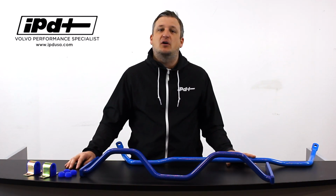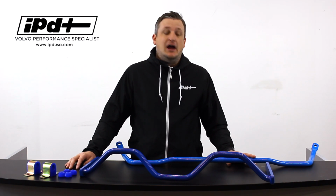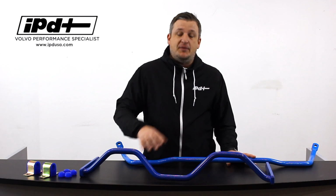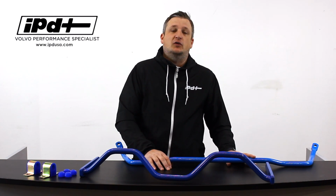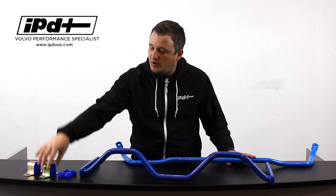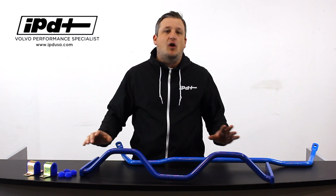We still manufacture these bars specifically for 240s. The front bar is made out of full-blown CNC. They are solid spring steel, so that's a huge upgrade over the factory bar. They're direct replacement. We also have polyurethane bushings and heavy-duty mounting brackets and all the pieces to be able to